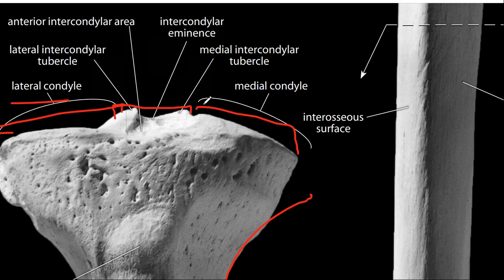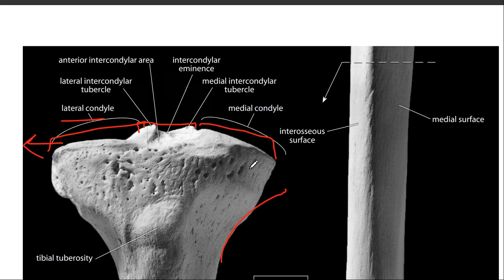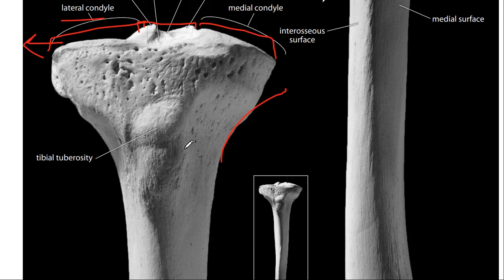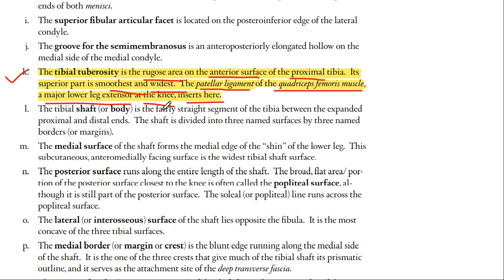So for example, here there was the cartilage attachment because we had the joint here with the femur. Then there is also the patellar arrangement set up here. So all these things have to be kept in mind while we are talking about the impressions on the bones, right? So this is very important. Tibial tuberosity, very important to identify whether it's an anterior view or the posterior view. Fine.